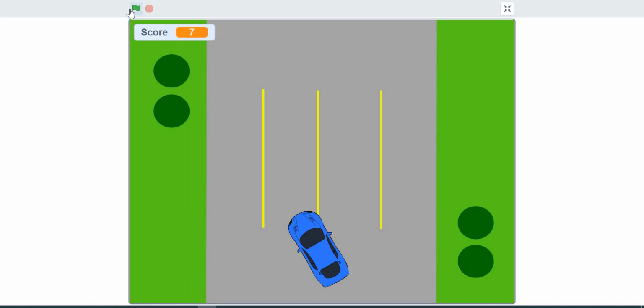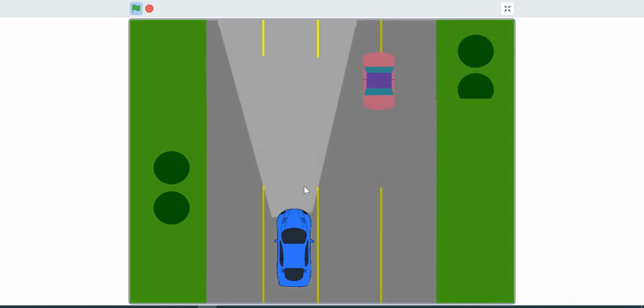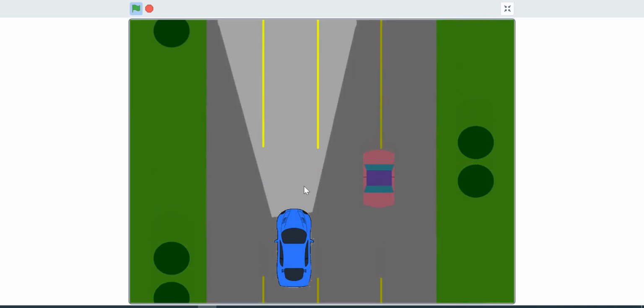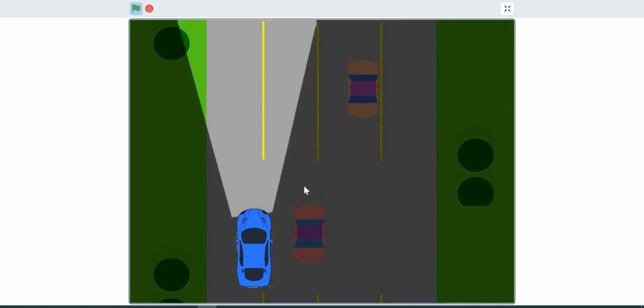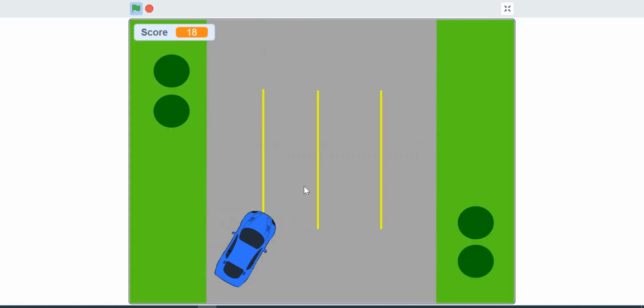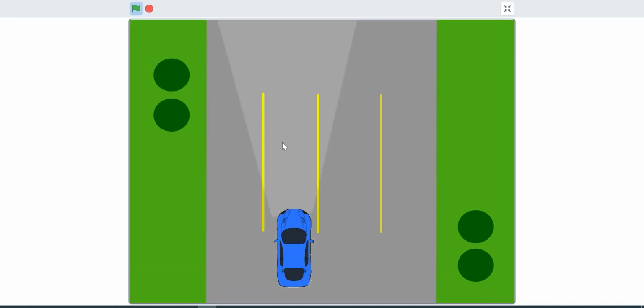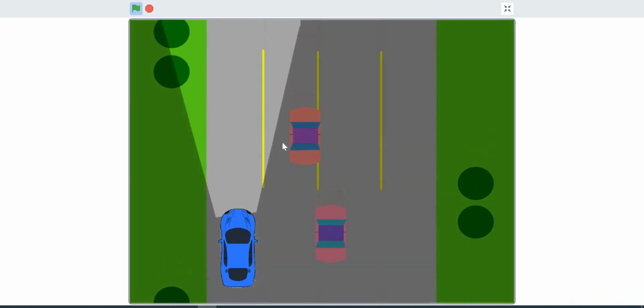So here, like I said, we have a car which is moving with the up arrow. Notice that when the car moves, it looks like the car is moving forward, but really the car is stationary at the bottom end of the screen. What's going on is that the backdrop is moving backwards. That's what I meant by scrolling backdrop. Oops, so I hit this other car. Now the scrolling backdrop creates an effect as though the car is moving, right? So this is what I meant by scrolling backdrop.